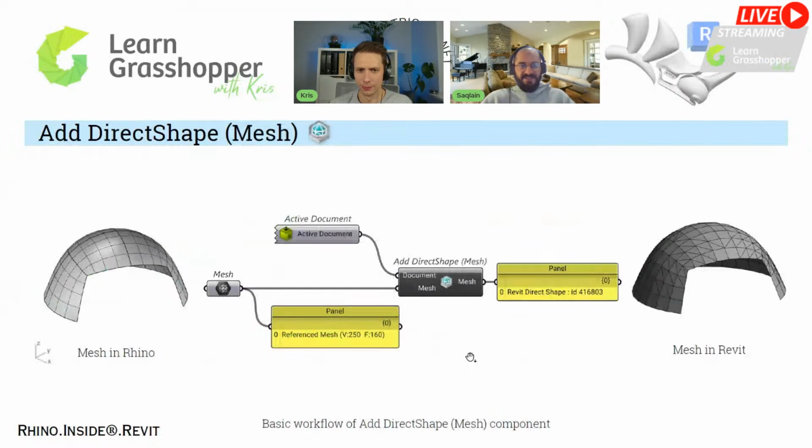And the next is the mesh. It's simple. You just input the mesh and you will get the mesh geometry in the Revit. But you have to be very careful. You need to create a mesh here. If your object is not a mesh,